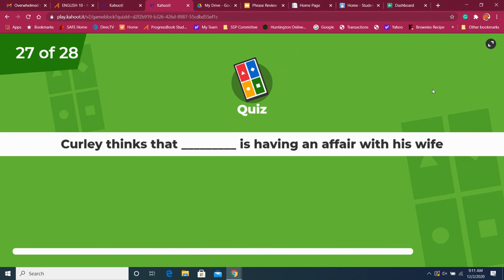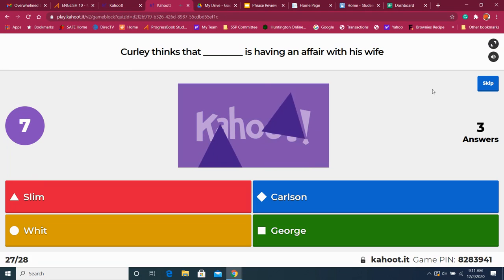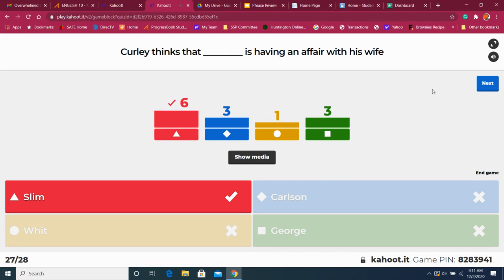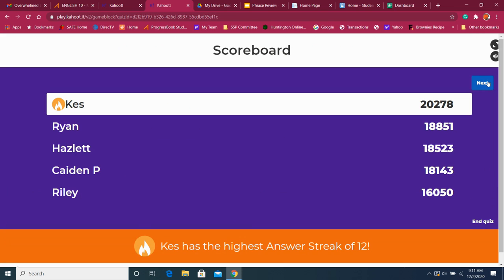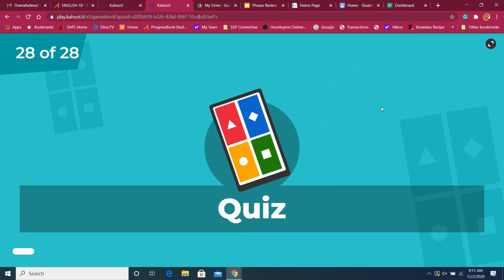Curly thinks that Blank is having an affair with his wife. Shush, shush. Don't lie. No, Whit is like just a ranch hand. He's the one who brought the one book and was like, "Oh, look, the one guy." He's not a very big character. I was hoping no one would pick him, and well, someone did. But so he thinks that Slim. Remember, he thinks Slim is the one who's having the affair. So this one might be some movement here. Let's see, little bit of movement. All right. Oh, jeez.